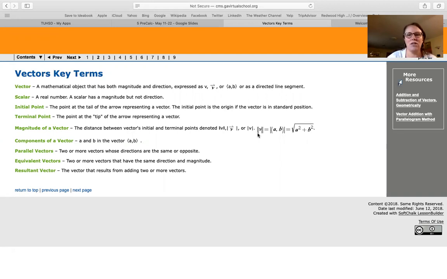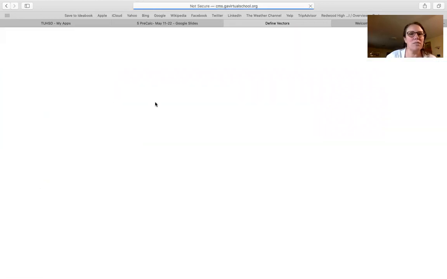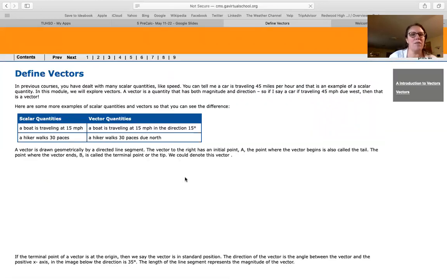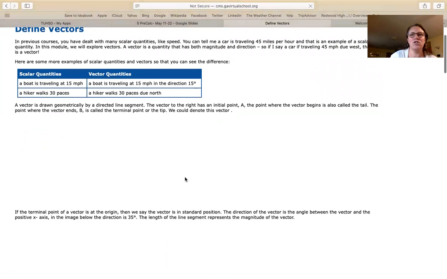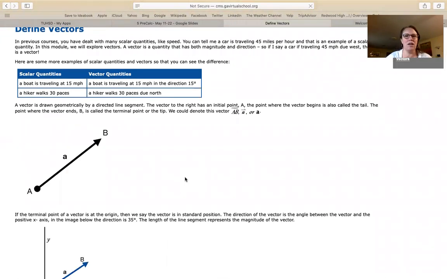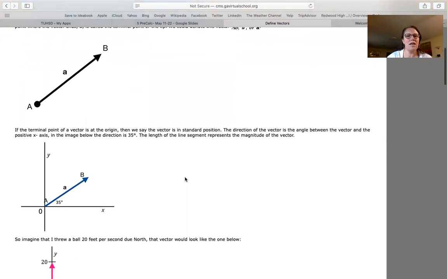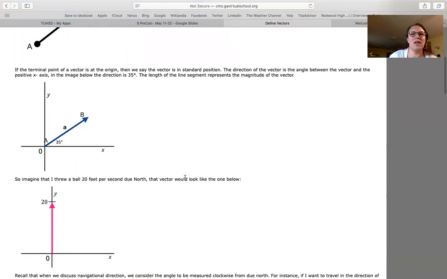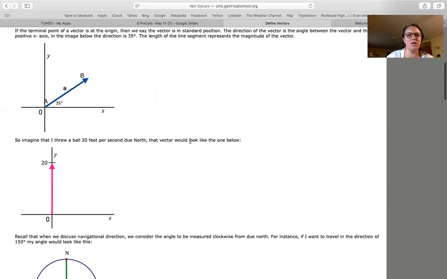That's showing the magnitude of the vector. One of the things that's a little bit tricky is when you're talking about the direction of a vector, it depends. There are two different ways that direction is denoted. One is in standard position. So sometimes it'll say in standard position, or it'll say with the horizontal. And that means that it's kind of the same type of direction that we've seen before with